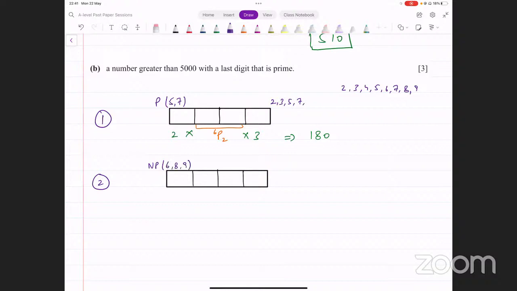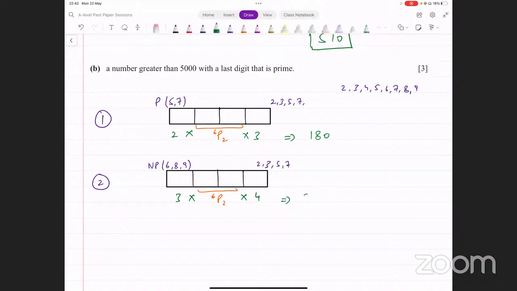एंड लास्ट बॉक्स में तो प्राइम चाहिए, प्राइम कौन से हैं? 2 है, 3 है, 5 है और 7 है। अब फर्स्ट बॉक्स के लिए कितनी ऑप्शंस होगी आपके पास इस केस के अंदर? 3 ऑप्शंस। लास्ट बॉक्स के लिए कितनी ऑप्शंस होगी? 4 ऑप्शंस। एंड द मिडिल यू हैव 6P2 ऑप्शंस। इसको मल्टीप्लाई कर लें, देखें आपके पास क्या होता है। 30 into 12 this time,